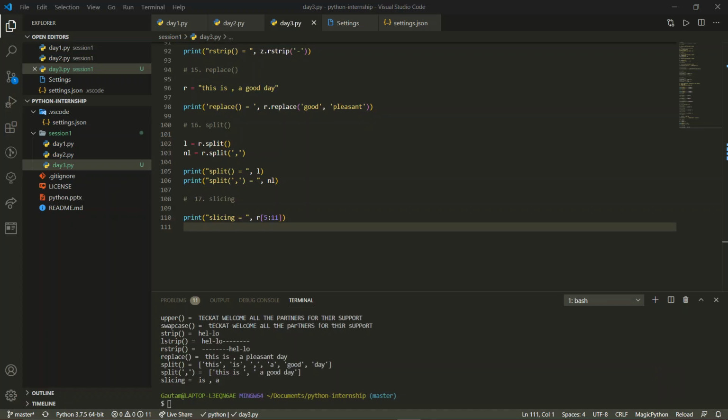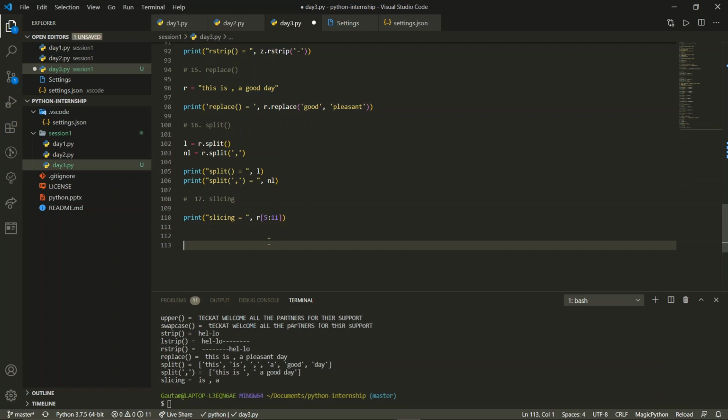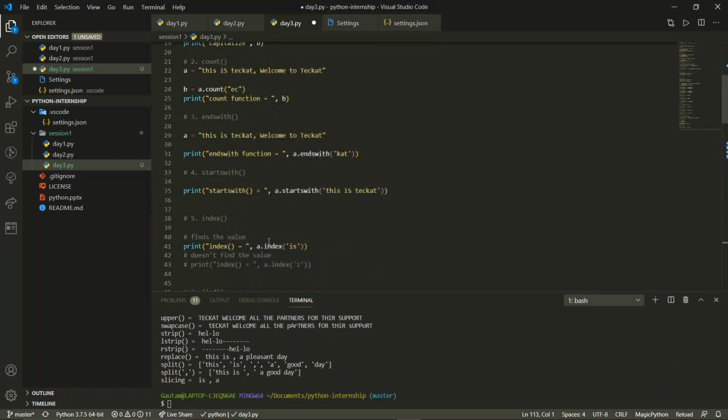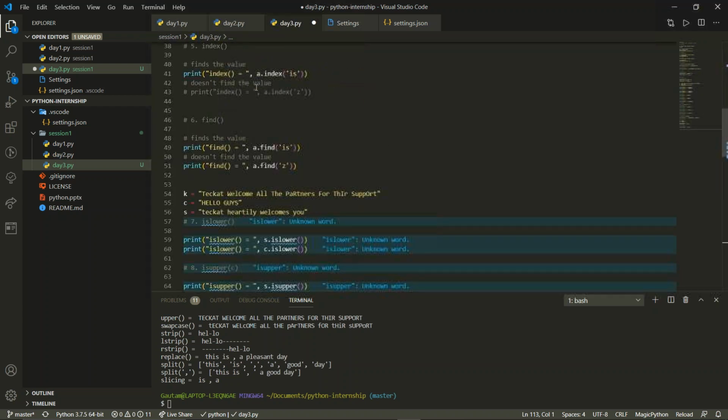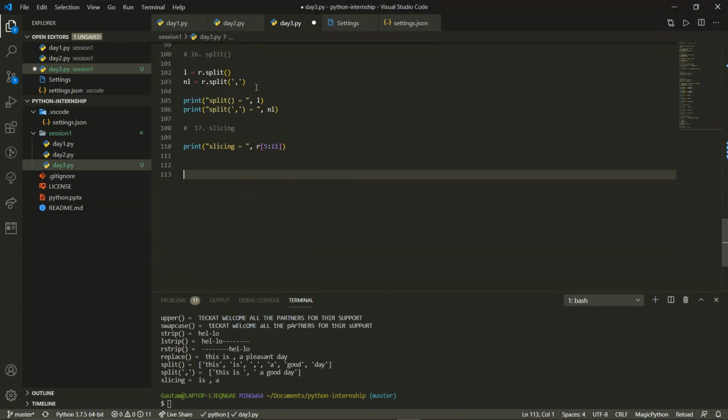So let us execute one by one over here. We started off with string over here. Now we'll start off with sequence.